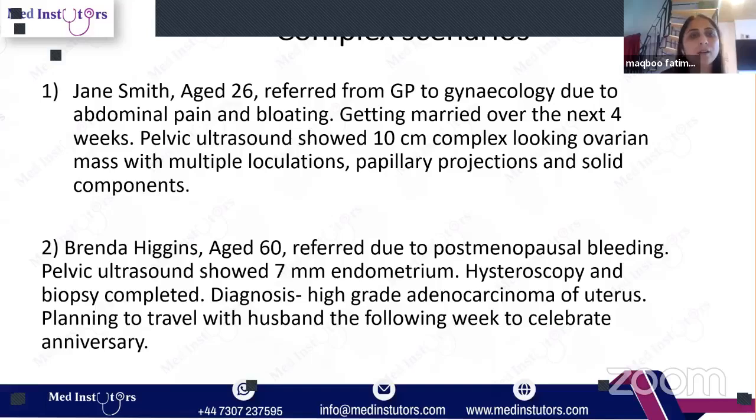So, okay, what do you mean, doctor? Jane, it seems right now what we are concerned about is cancer of the ovary. So we don't know right now if it is cancer or not. That's why we need to do some more imaging and some tests. After getting these imaging and blood tests, the team of doctors will sit together, including my consultant, the cancer specialist doctor, and nurse, and then we will see whether it is a cancer or not. Am I clear so far?